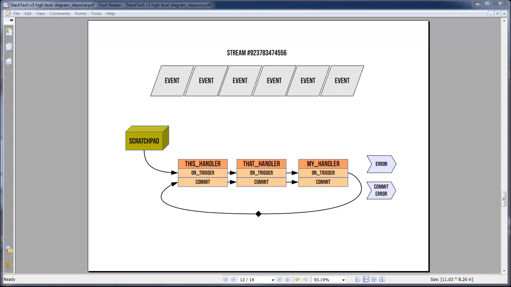So now, when you define your streams, you can pass in a list of handlers or a list of callbacks that you want to get called when a pipeline is ready, or when a stream is ready. And we've broken the callback into two phases. One is the on-trigger call, which says do some stuff, and then the commit call. The commit call is done when all of the handlers have been called and they've got their work staged and ready for